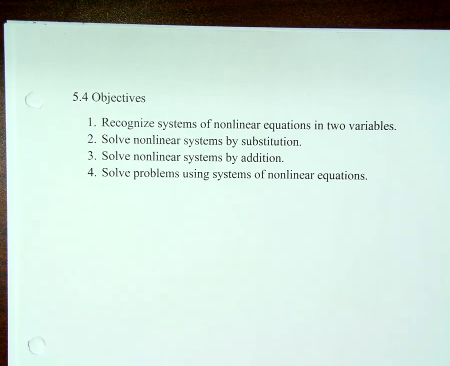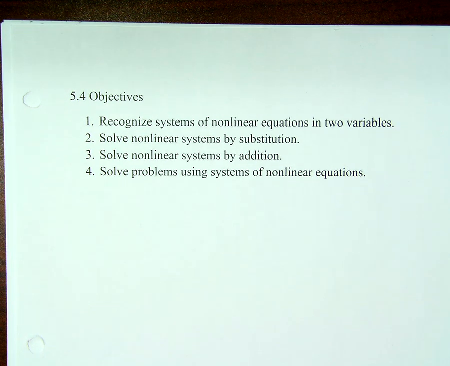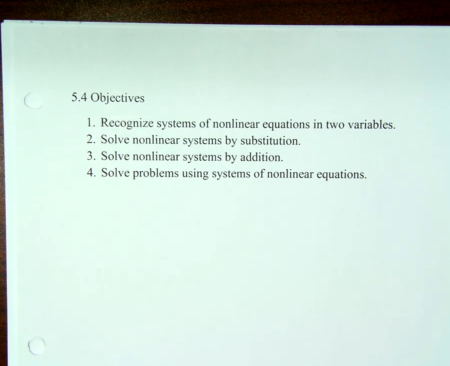5.4, penultimate section. You know what that means, right? Penultimate? Next to last? Penultimate? 5.4 is our penultimate section that we have to cover. Next to last. Okay? Our objectives for 5.4: recognize systems and nonlinear equations in two variables, solve nonlinear systems by